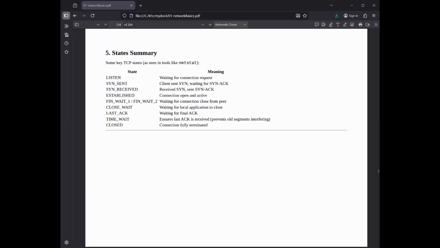The netstat, network statistics, command is used to display information about network connections, routing tables, and various network interface statistics. When listing active sockets, the state column shows the current condition of a TCP connection, which follows a defined life cycle from initiation to termination. Here is a summary of the most common TCP states you will see in netstat output, organized by the connection